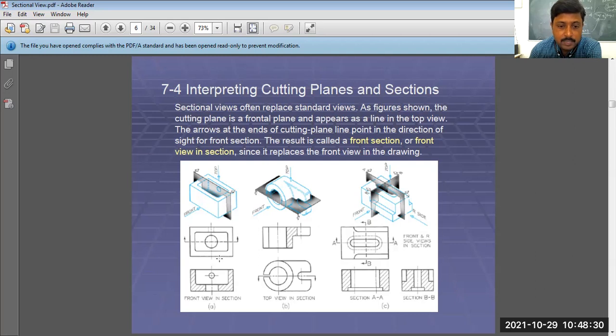The first angle method and third angle method are both important. First angle method is used generally in India, third angle method is used worldwide, but in India we prefer the first angle method. Now the top view is shown in, this is the third angle method.